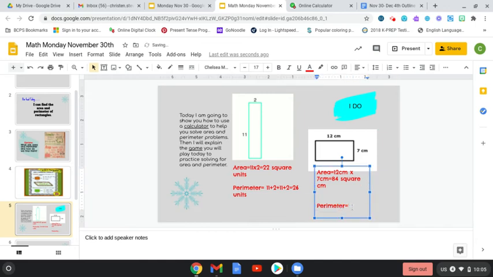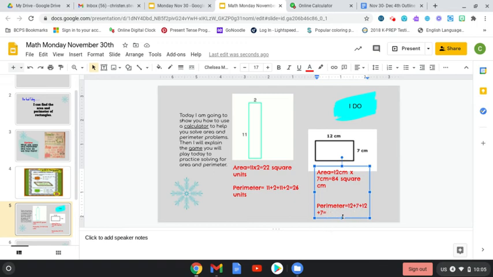So let's take a look at perimeter now. Once again, I only have two sides listed, but I know that this is a four-sided figure. So I have to use my thinking skills. If this side is 7, then that means that side's 7. If this side's 12, that means that side is 12. So basically, you're going to have two 12s and two 7s. So 12 plus 7 plus 12 plus 7 equals. So if I know that 12 and 12 are 24, and I know that 7 and 7 are 14,